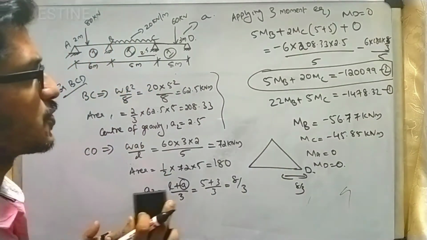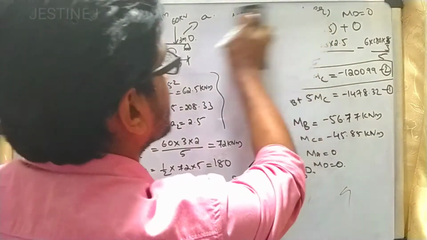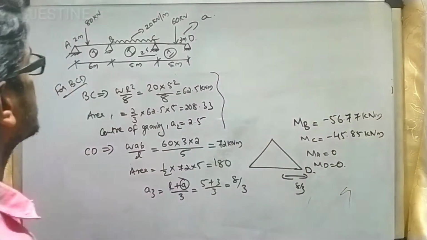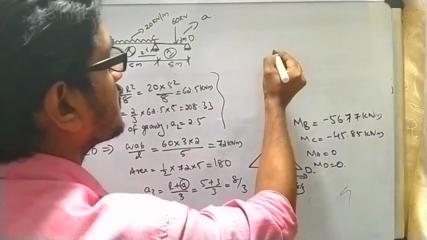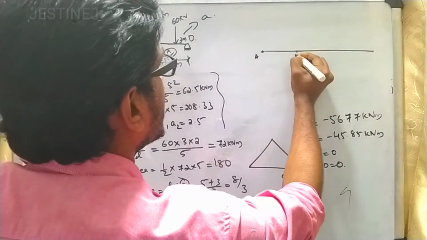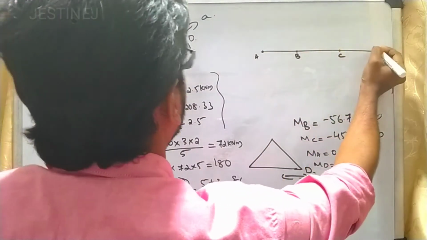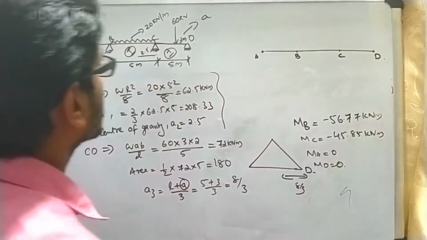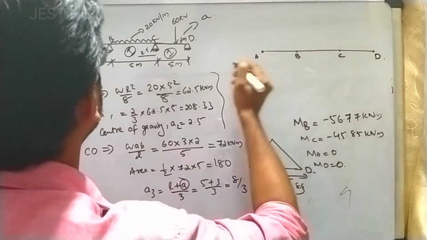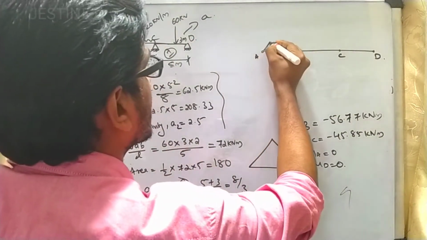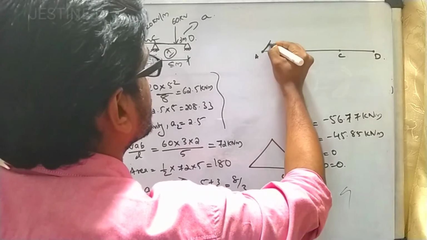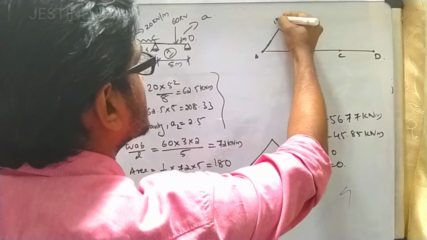Then our intention is to draw the bending moment diagram. For that, MB value will be there, then MC and MA value. First of all, we have to draw the positions, that is A, then B, then C, and next one is D. Then we know that it is a triangle for this case and the value is going to be 106.67. So we will draw a triangle in this way, 106 point.